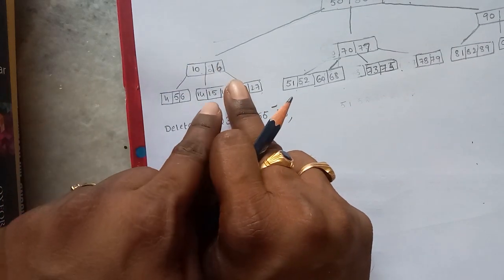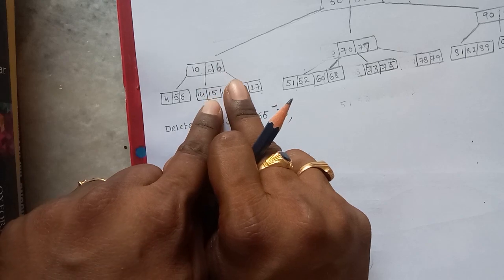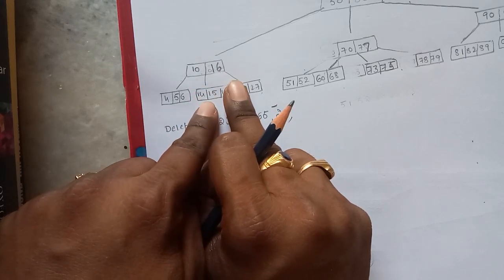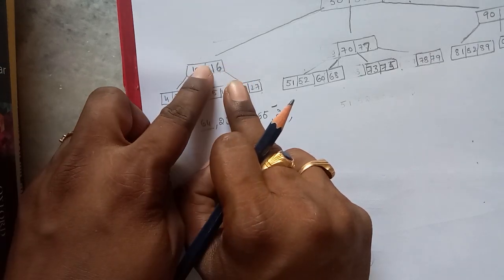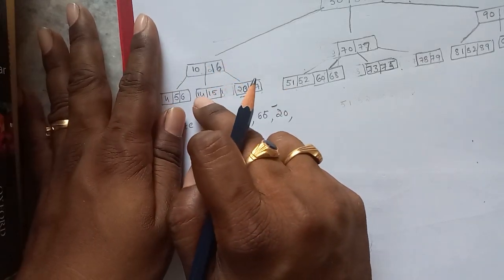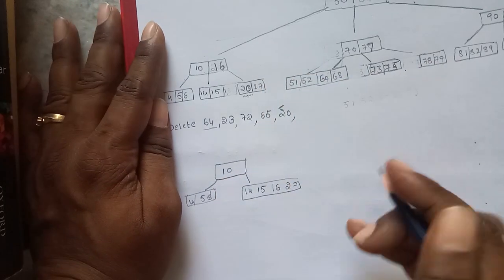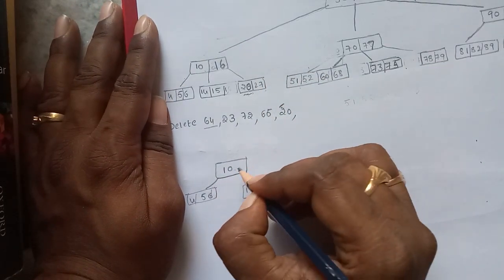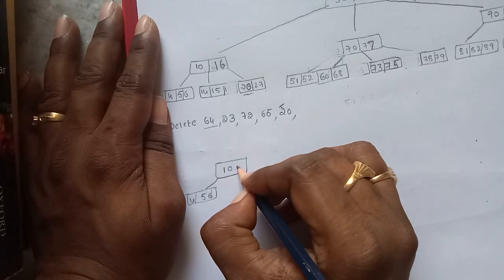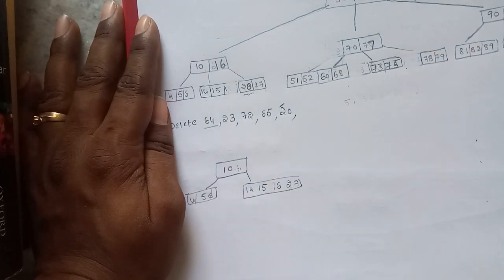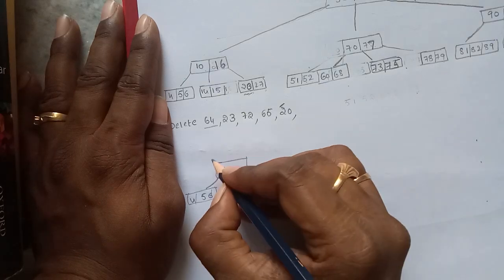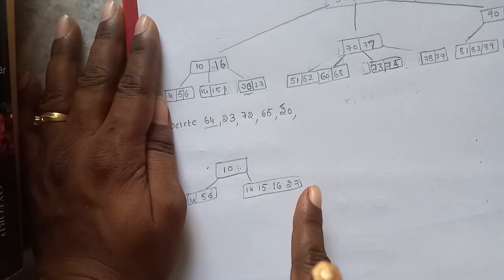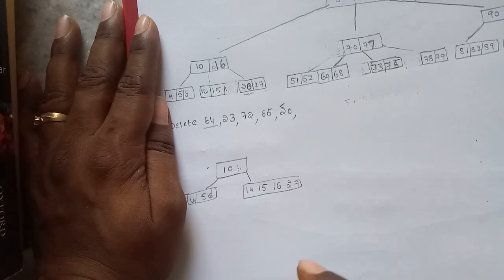After removing 20, we are checking the sibling. If the sibling has more than the minimum number of keys, we borrow. If the sibling also has the minimum number of keys, we perform the merge operation of the 2 nodes along with their parent. So by performing merging, 14, 15, 16 and 27. But check this one. This is not the root node. It contains only one element. It is not the root node and it contains only one element. So node 10 violates the property after the merge operation.